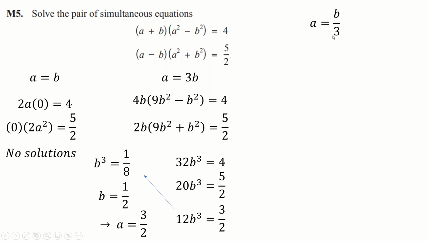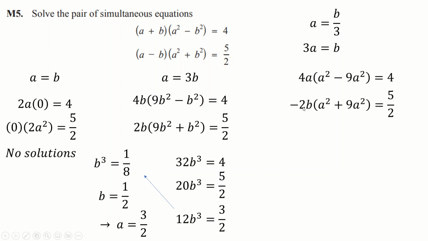Exactly the same thing over here, except what you could actually do is multiply both of these by 3, and then you not only don't have to deal with fractions, but you also have a very similar process to this. All that's different is you have a couple of minuses in here because the b's come second. So okay, we'll do the same thing, simplify both of those, do this, take away minus